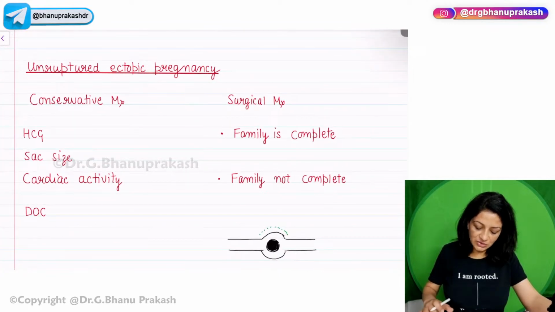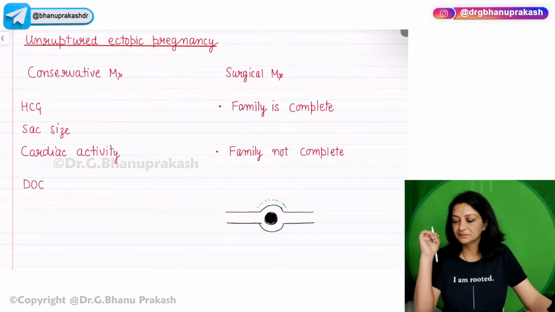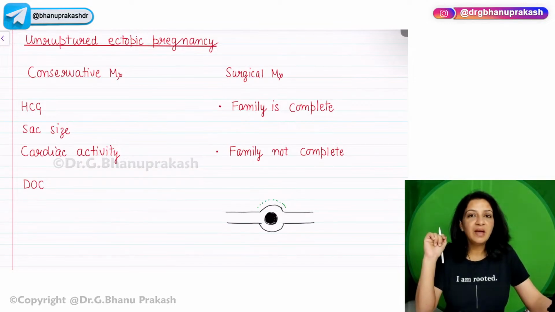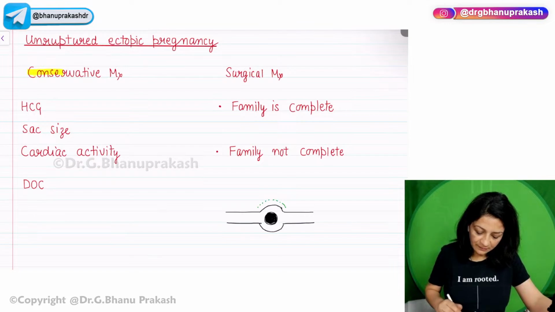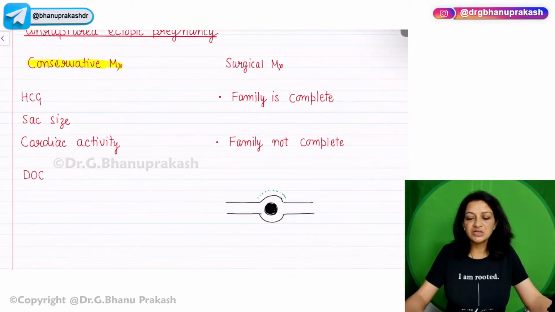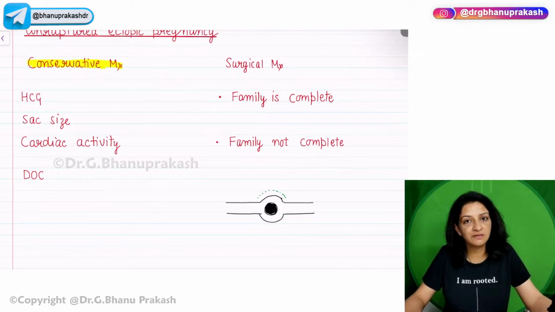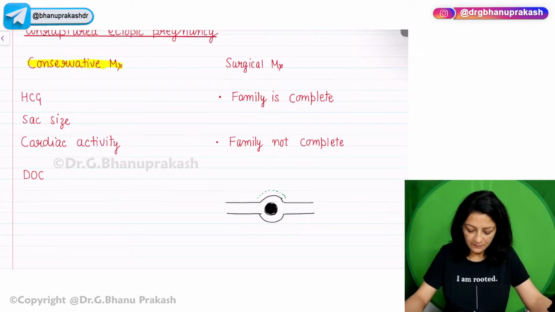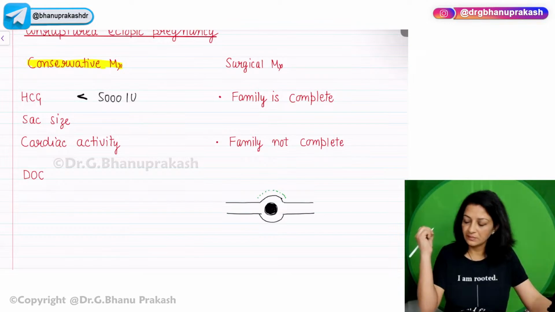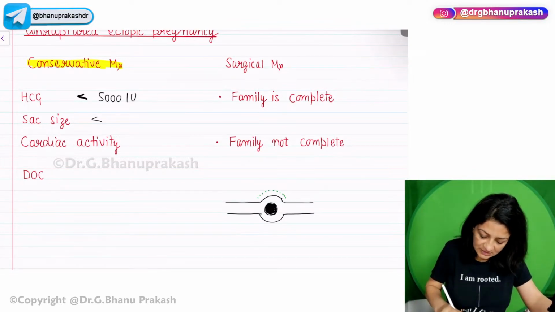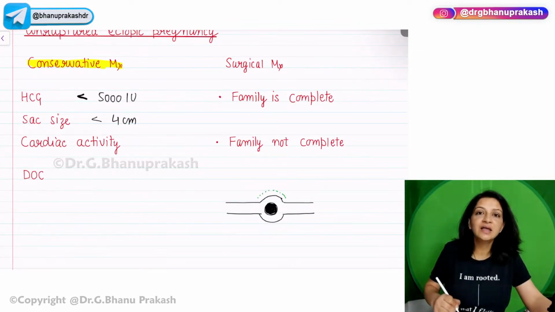In case of unruptured ectopic pregnancy, there is conservative management and surgical management. In conservative management, the patient should be stable, compliant and motivated, and we have explained the complications in medical treatment. We will check the beta HCG levels. If beta HCG is less than 5,000 international units, the sac size is less than 4 centimeters, and cardiac activity is absent,